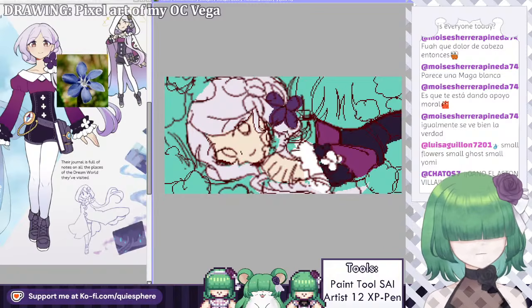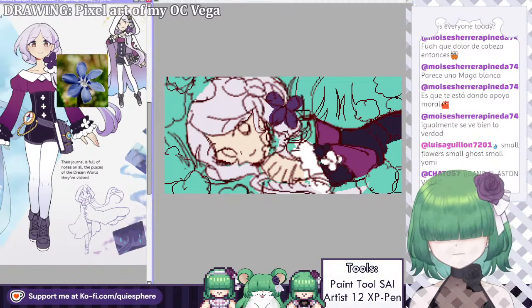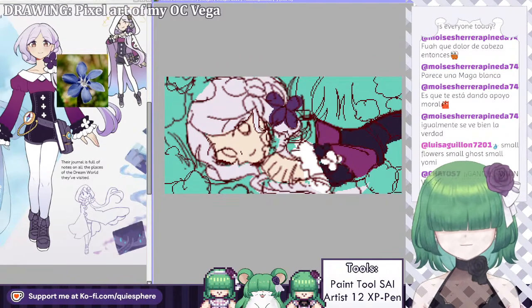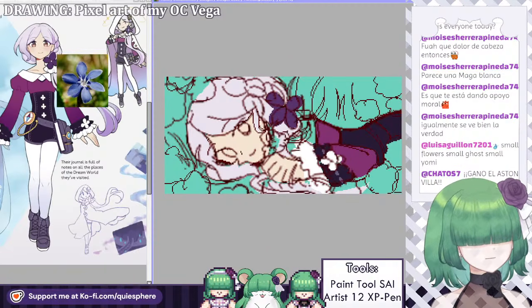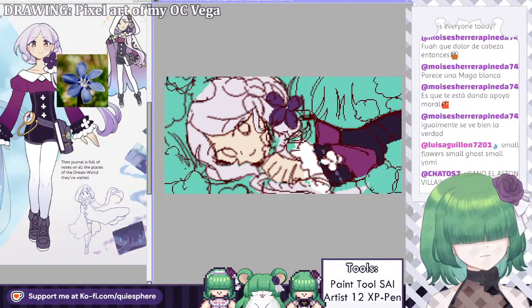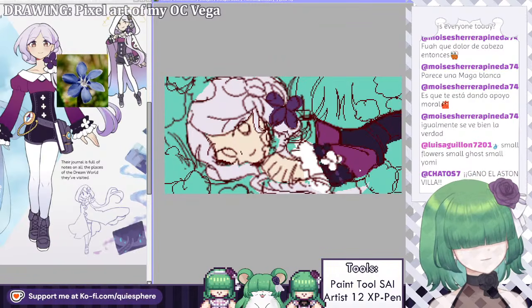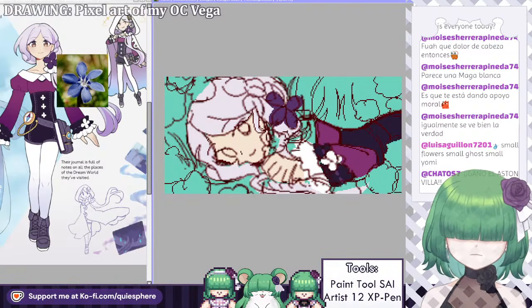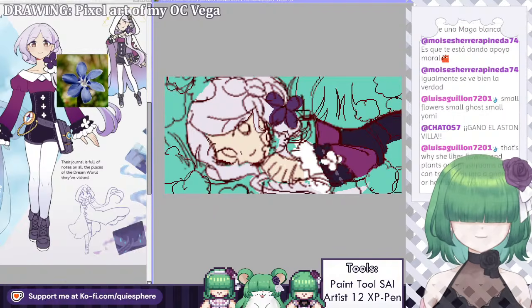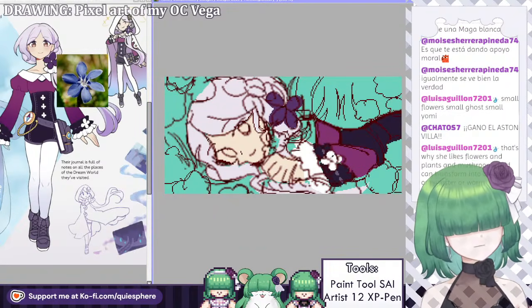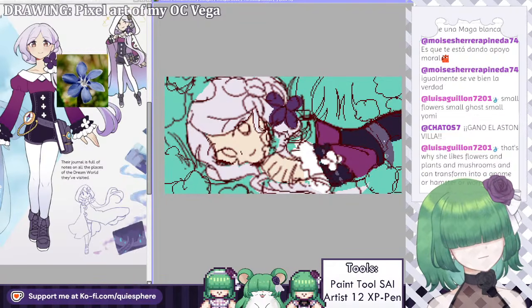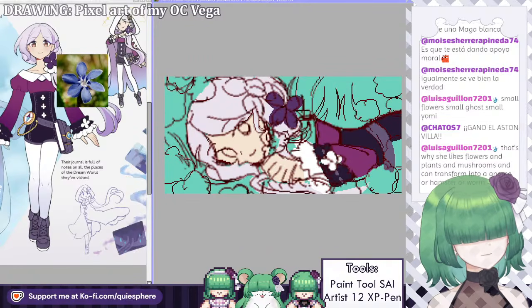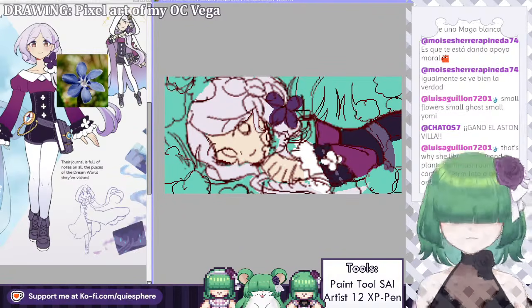There's one flower here, and then there's this swing stuff. Maybe it should be the same color as the flower, perhaps, or maybe not. We'll keep them as separate colors for now. We'll just take the basic colors of her design and we'll try to figure out how to do the shadows and all that. I'm gonna improvise.